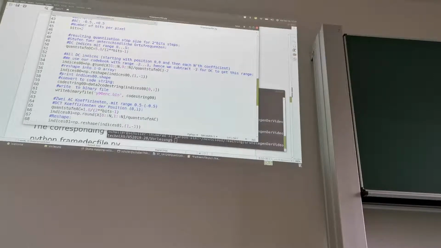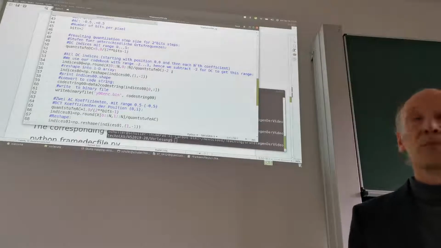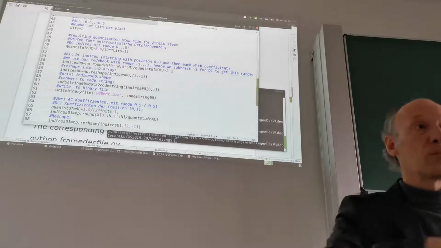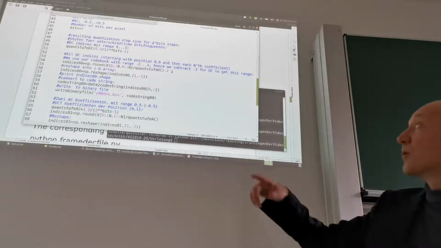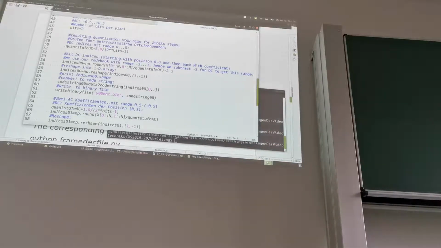Here we are doing the mid-thread quantization. So here for DC, we subtracted 2 to be able to use the same code table. Right? So here we are also using the values from -2 to +1. And since DC has no negative values, I'm just subtracting the middle value here, the -2, to get the same